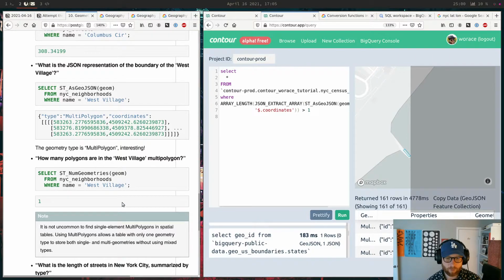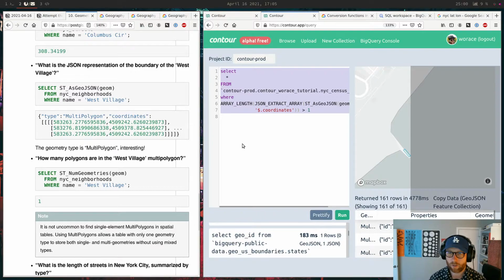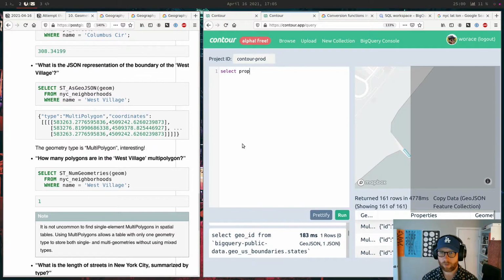what is the length of the streets in New York summarized by type? Okay, so they have a... Can you do properties dot star? Oh wait, let me get the name back.